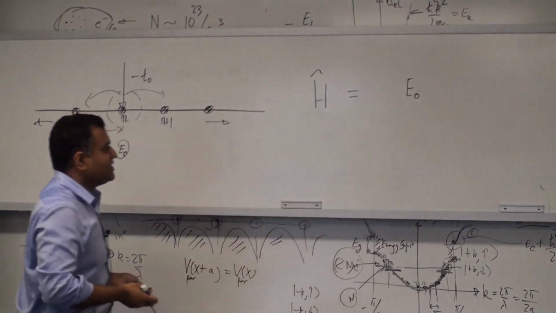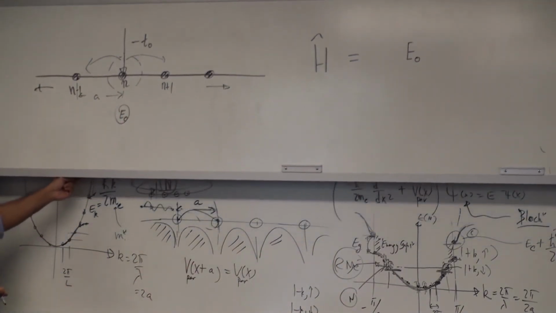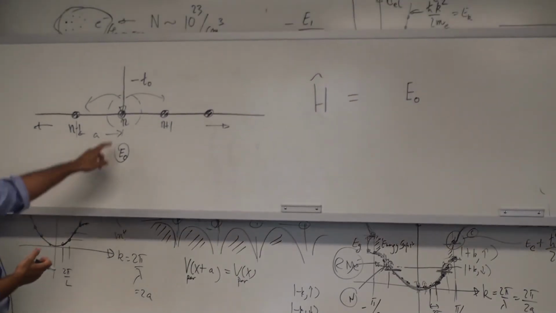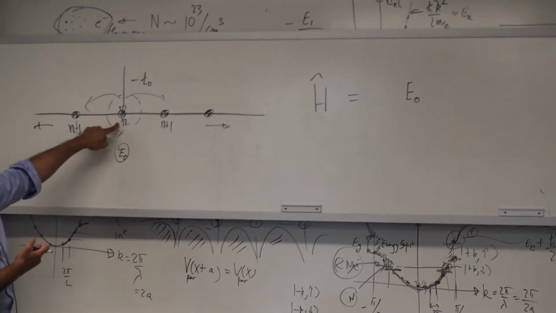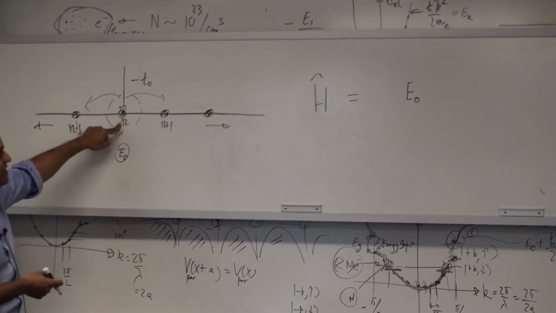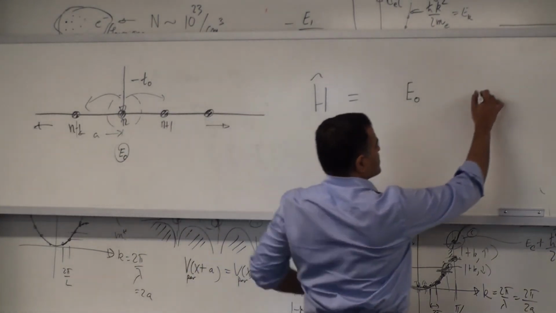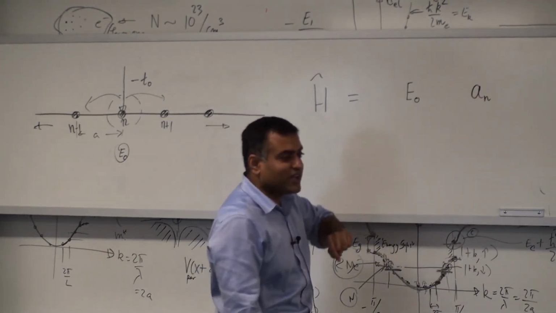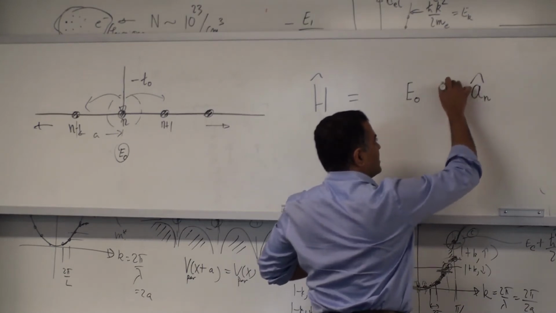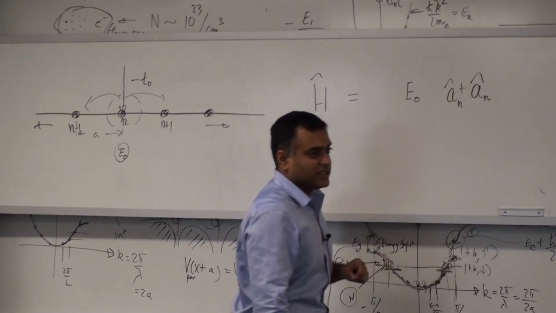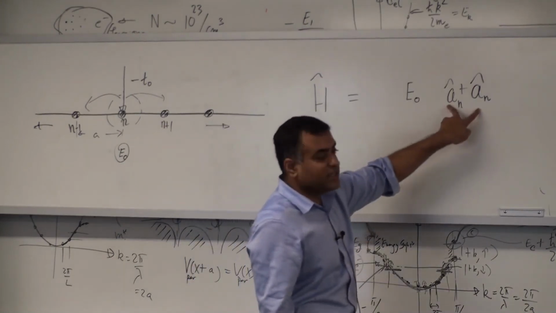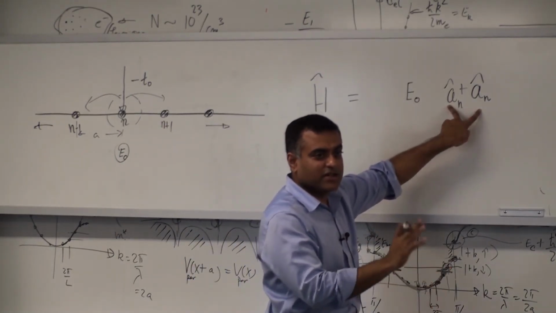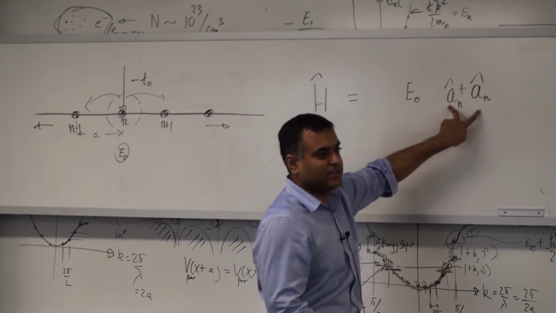But mathematically, I have developed this idea now: how do I ensure that there's a particle sitting at site n? I can write it in terms of my operators. A sub n is a destruction operator at site n, and A sub n dagger is the creation operator at site n. And this combination, A n dagger A n, is the occupation number: how many are sitting at that site. Does that make sense? Okay.